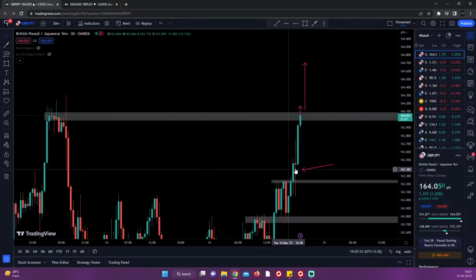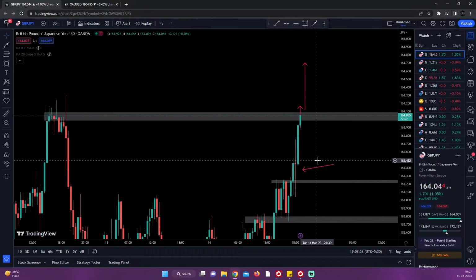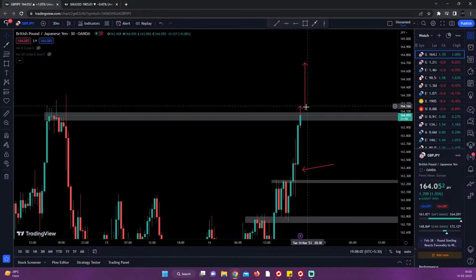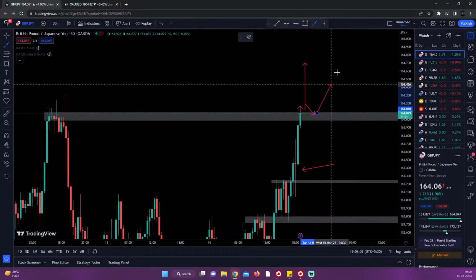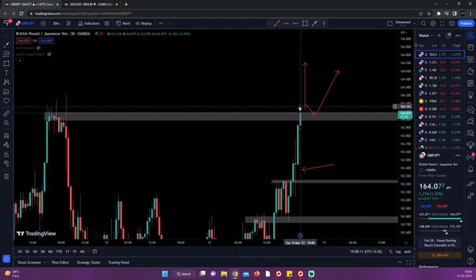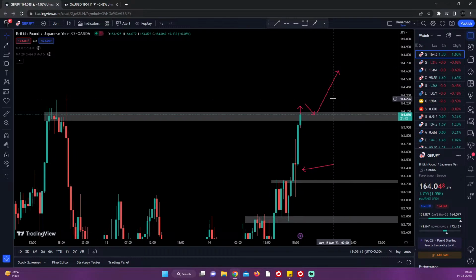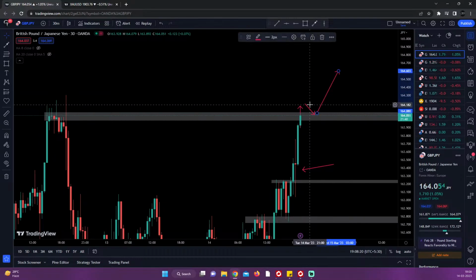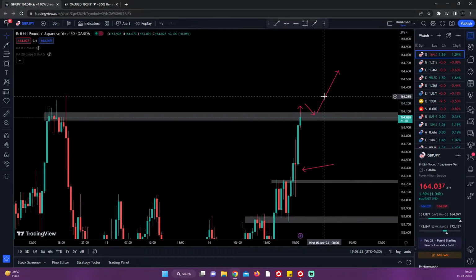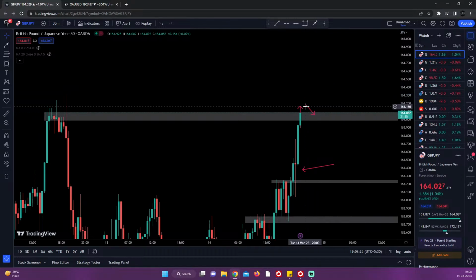This was the point where there could be a possible nice entry, right? But right now we have to wait for something like this: breakout and close above, retracement, support formation, and then breakout again. That will be an easy setup to trade, and actually a really tension-free setup as well, because